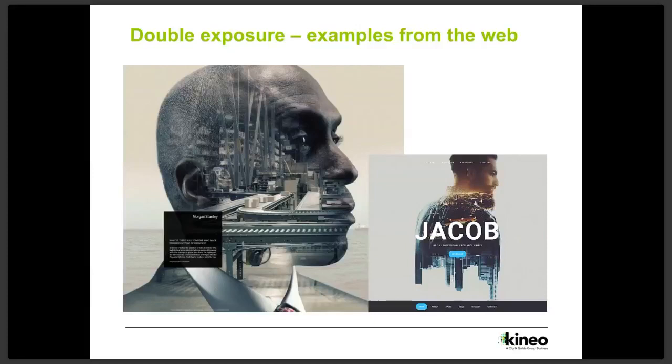So you can see here, it could either be the internal worries or workings of this guy who works at Morgan Stanley, who might be thinking about distribution, to then this site, almost like a Wix site, this one that says Jacob. So they basically developed a free site using these double exposure sets of photography, which, if you're a graphic artist, you've probably seen. And there it's got the city running through that person there.